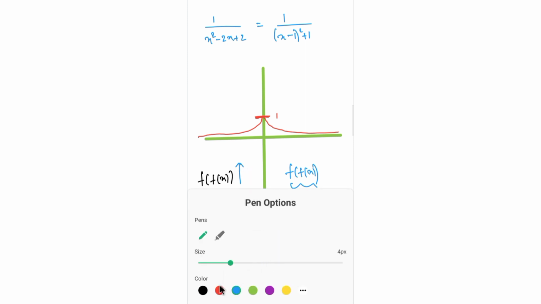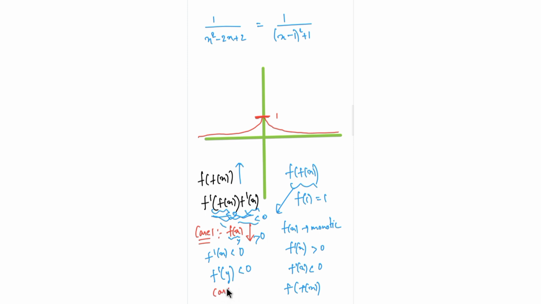Now take case 2, which is when you assume that f of x is increasing. Definitely f dash of x would be greater than 0, and f dash of f of x will also be greater than 0, because it is the value that you're putting in and differentiating, and it will of course be greater than 0 because it's monotonically increasing. So the whole thing will again be an increasing function. That means that f of f of x will always be increasing. So whether f of x is decreasing or increasing, f of f of x will always be an increasing function. Now you need to make sure what is the starting point of that.